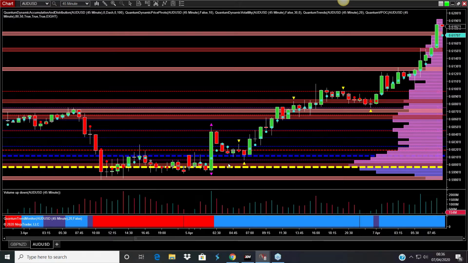You can see here, I've actually missed this move. This move here started off the volume point of control. It was actually yesterday afternoon. That was the US session. There was a pullback, but it's kind of been moving higher. Markets grind higher, unlike when they fall very fast and usually with huge momentum.